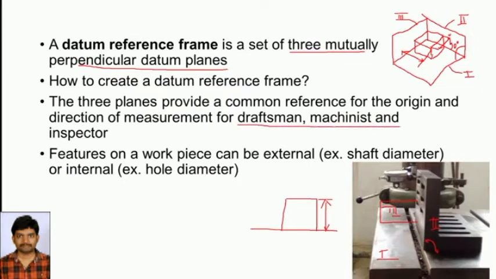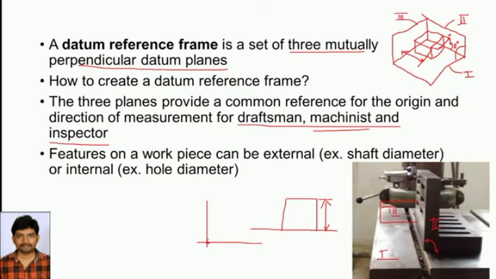The three planes provide a common reference for the origin and the direction of measurement for the draftsman, machinist, as well as inspector. For all these three personnel, the datum reference frame is required. In order to show the various dimensions, the draftsman will use a particular point as a reference, and with this reference he gives all the dimensions.